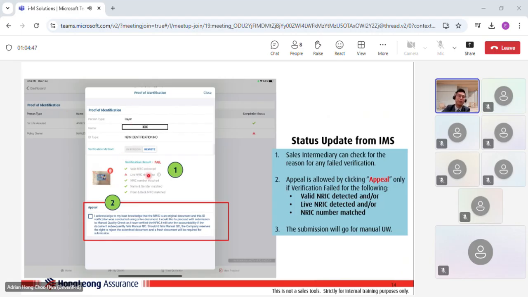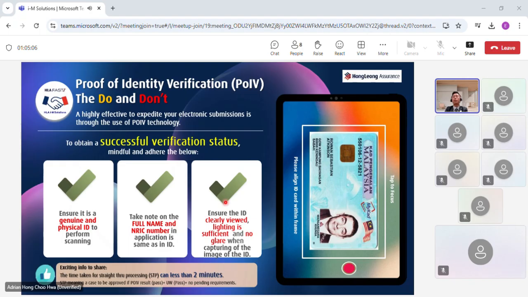So this is a sample of a failed case. Like I mentioned earlier, some of the information is mismatched. They can do this kind of appeal, but for certain information, like I mentioned, maybe the gender or the IC number, the tag is not matched. Since we are talking about these POIVs,